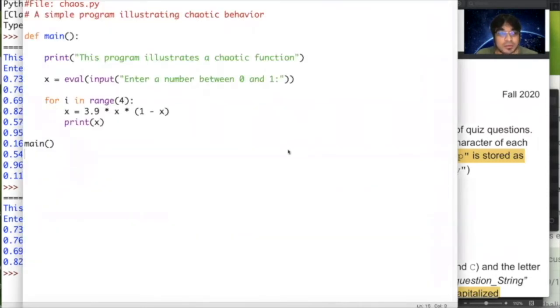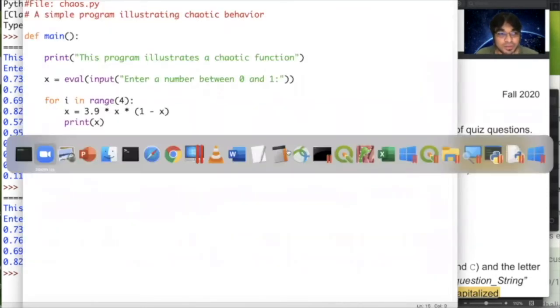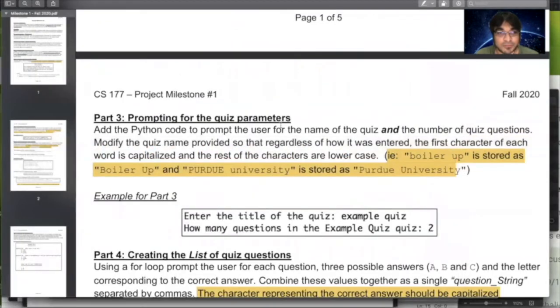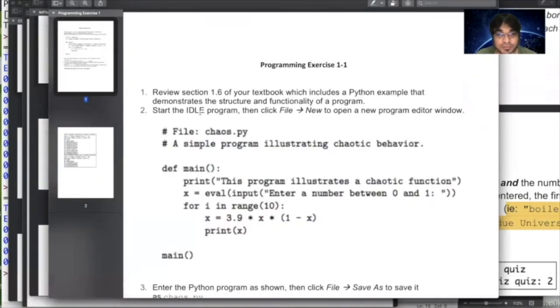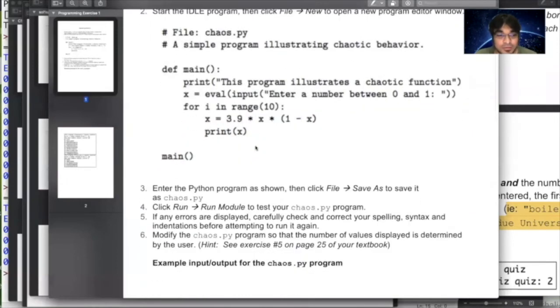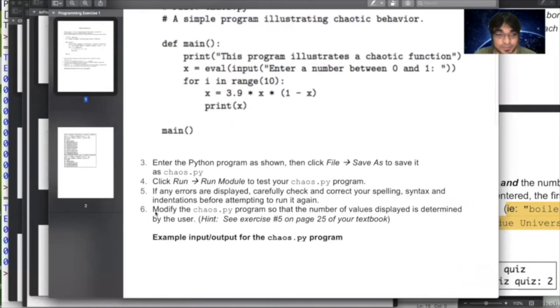Now, the main thing to do for this specific assignment, whoops, I made the wrong file. Okay. Is the number 6 part. We have already gone through 1 through 5. So let's focus on number 6.